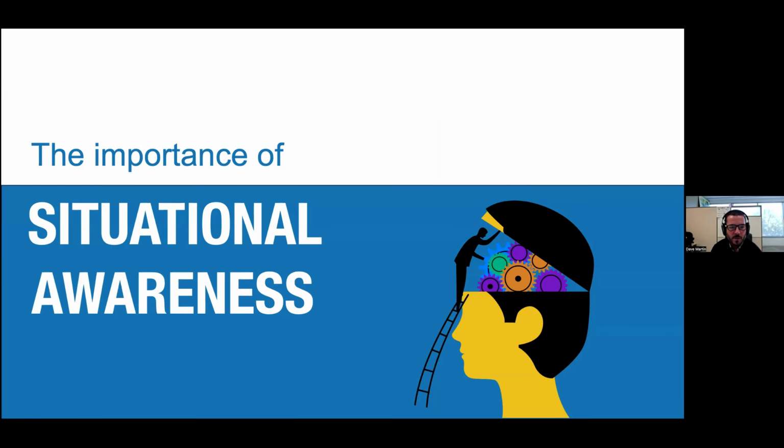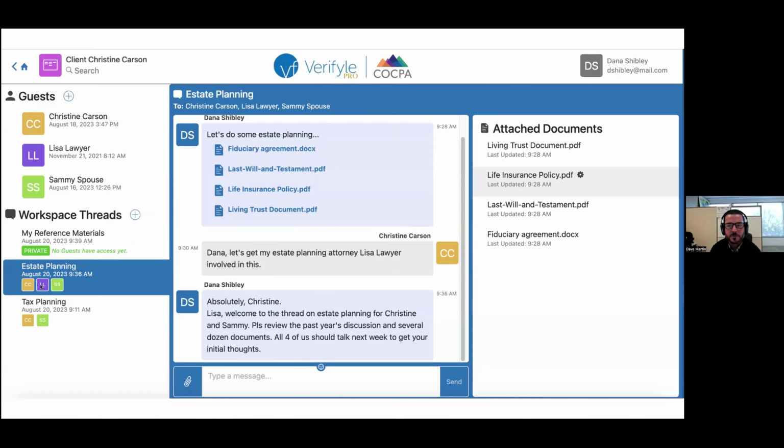Okay. So one thing that Verifyle offers is what we call situational awareness. Some of you, I'm sure, have used a feature in certain email clients where you can ask for read receipts. Basically, you want to know when someone has read the email that you sent them. The recipient can decide not to participate, but getting those read receipts can be really beneficial. When someone's looking at an email, you might want to call them up and discuss what you sent. Well, Verifyle has something similar, but I think even better, and I'll show you how that works.